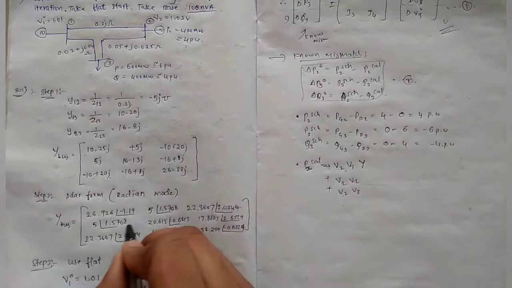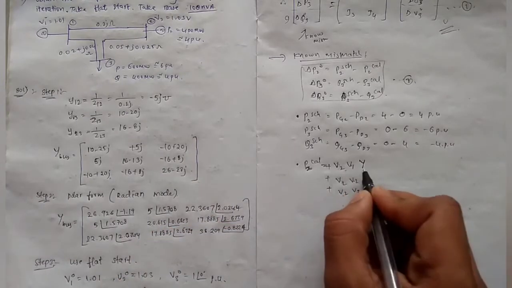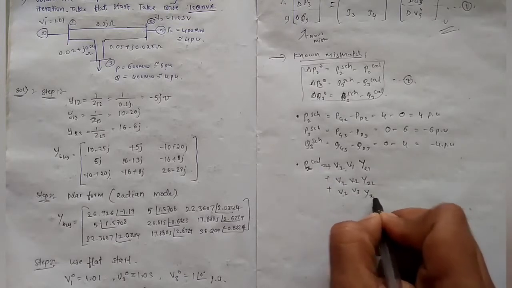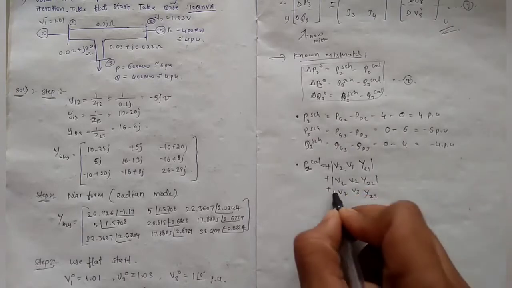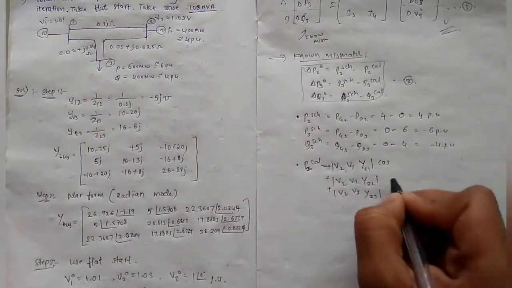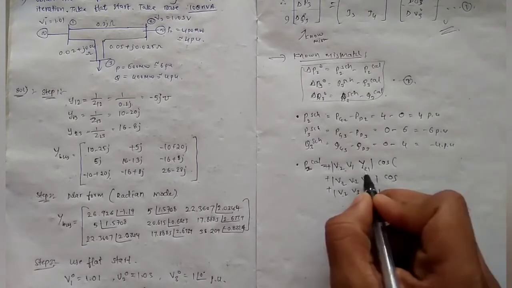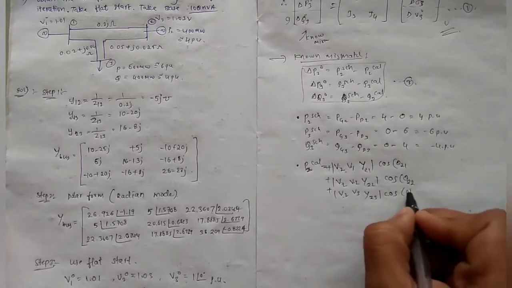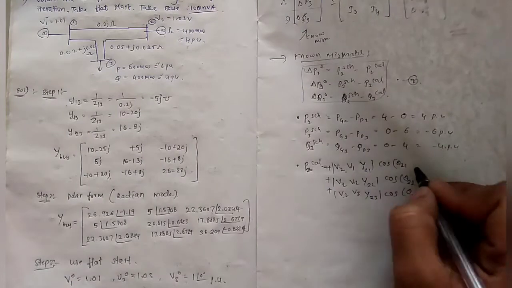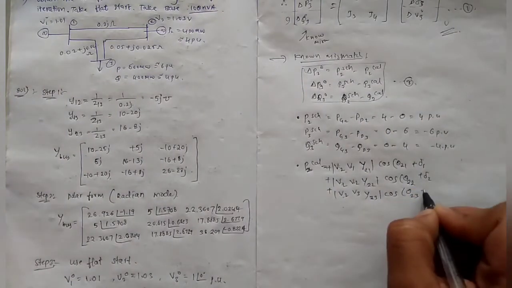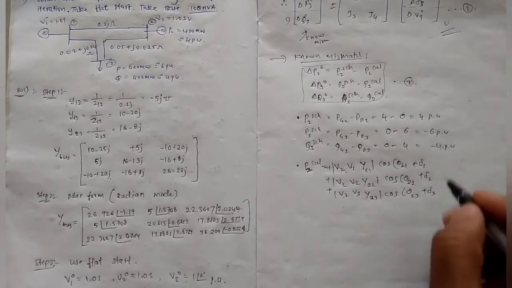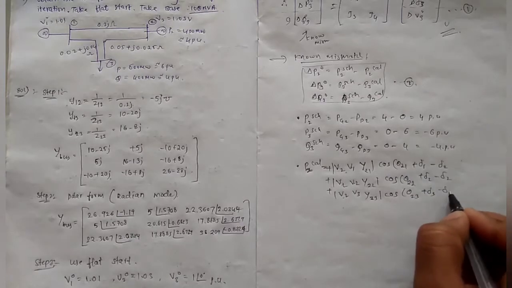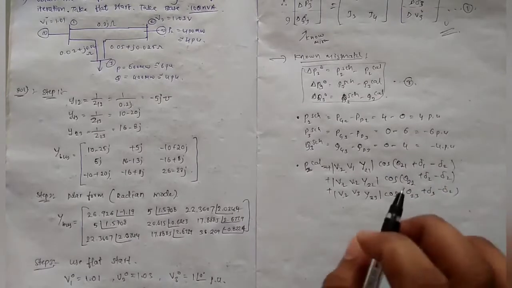Similarly capital Y, the Y bus: Y21, Y22, Y23 suffixes, and the whole magnitude, only magnitude, no angle should be considered. For P it comes cos, cos, cos. What is the suffix? Theta 21, theta 22, theta 23 suffix. Now plus delta 1, plus delta 2, plus delta 3. If there is a fourth bus, plus delta 4, and so on in sequence. Now we need to minus, we are at bus 2, right? We need to minus angle 2. Close brackets. This is the formula to write.